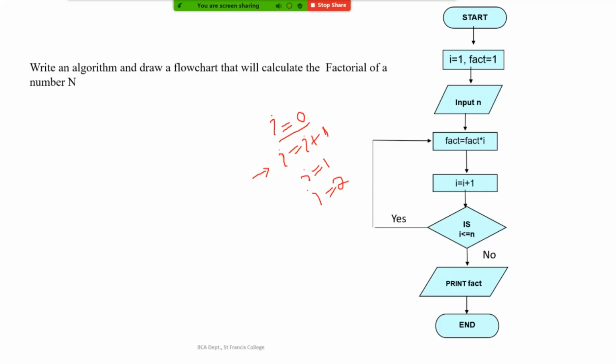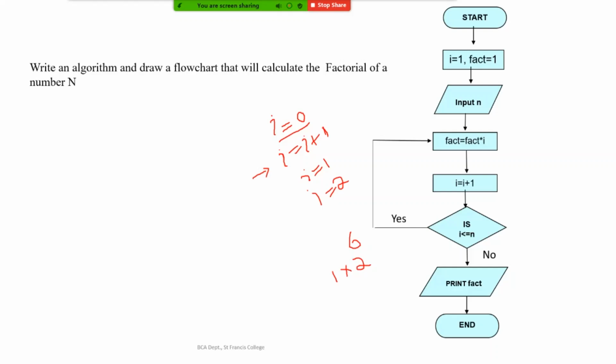Whatever number is entered, if I want to achieve the multiplication for that number, I can use a variable I, and in each step increment the I value by 1. Suppose I entered 6. I will first increment I by 1 and then perform a multiplication, so it will be 1 into, and in the next step I increment I to 2, so it will be 1 into 2.